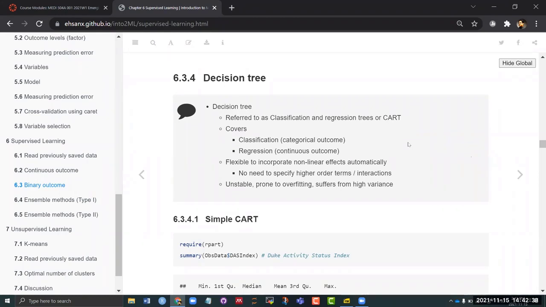So that is the biggest strength of this decision tree, because in a real world scenario, think about your project that you are doing maybe for your graduate studies, that you are dealing with a data analysis. You are given a data. You do not know which variable should be interacted, which variable should be having a polynomial term or other functional form. There could be other complex terms, right? And sometimes there could be even three-way interaction terms and all that. You do not know, as a realistic analyst, you do not know. But when you are using this decision tree, it is actually telling you which functional form is going to be